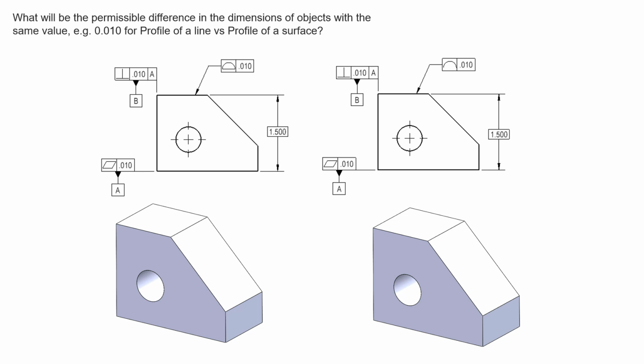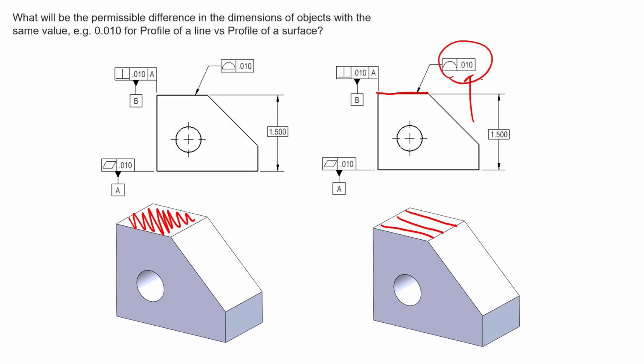Right out of the gate, we see the left example controls the top surface with profile of a surface, and the right example controls the top profile with profile of a line. So profile of a surface will control the entire surface to one tolerance zone, whereas profile of a line controls any linear element represented in that view. So this linear element right here, again, it's any linear element, so this one or this one or this one